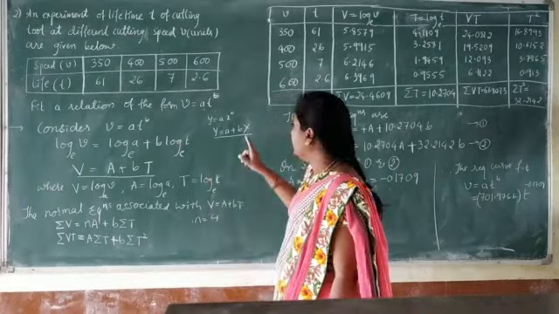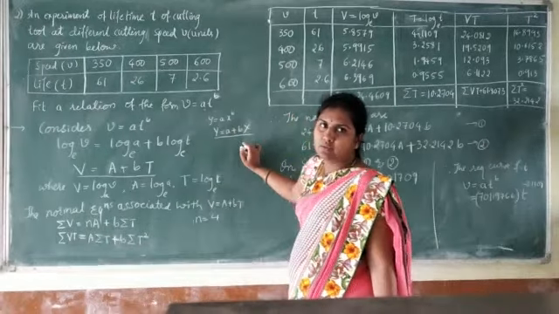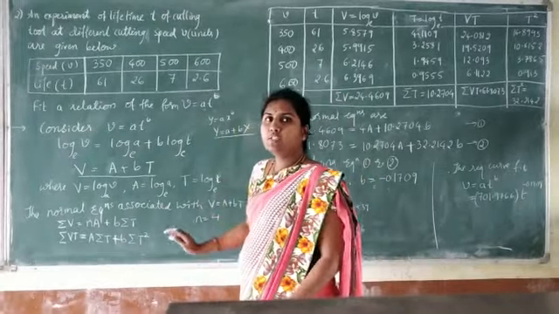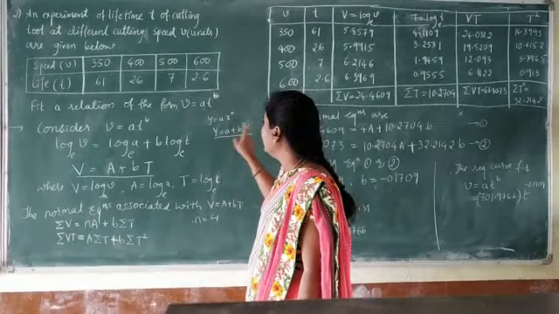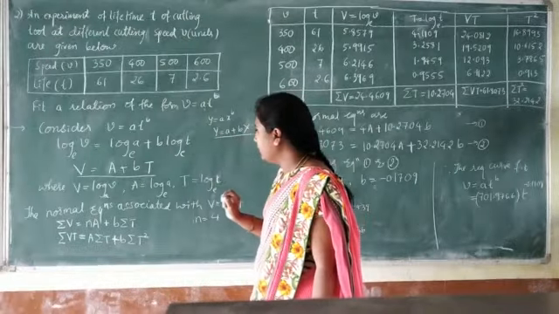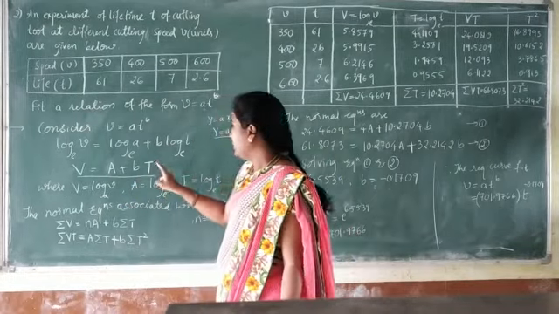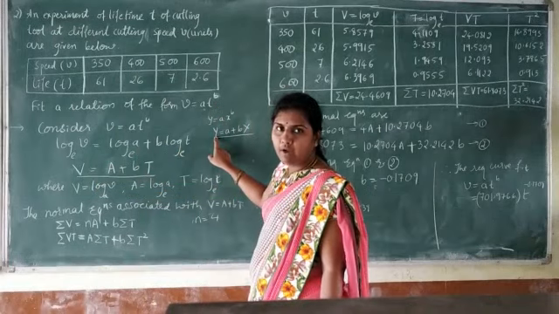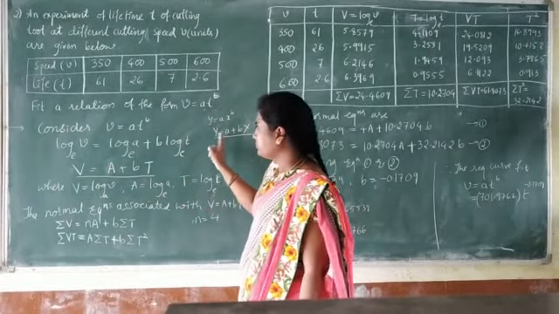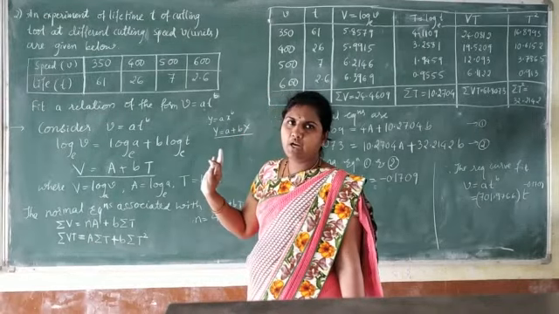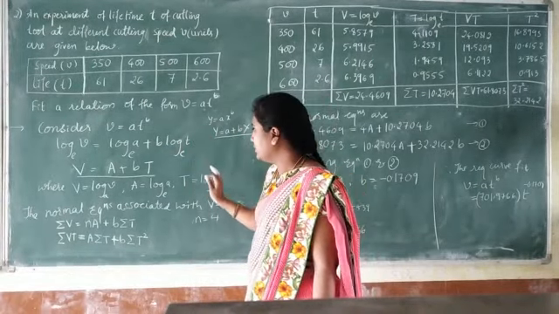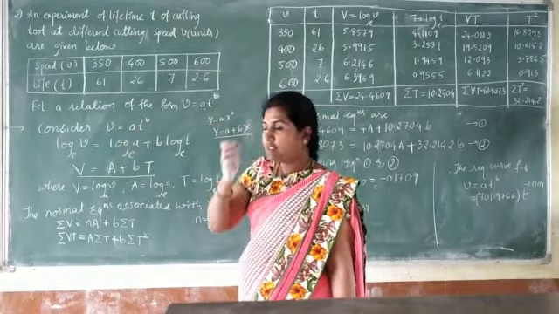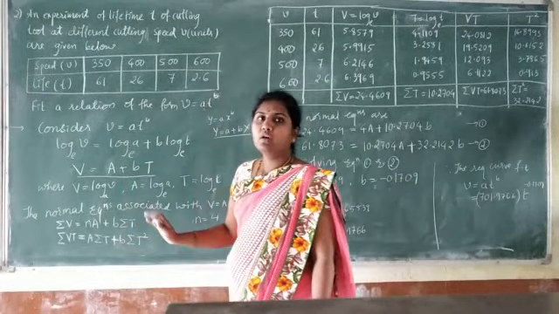Here you need to observe that x and y are the variables. These variables will be the same for the normal equation. You just go on changing the variables. Here in the standard one we have x and y, but here we have v and t. T means what? Here the variable t is the variable of x, v is nothing but the variable of y. Here we need to replace, you need to remember the normal equation, standard equations. In place of x, whatever parameter we have, just go on substituting, and whatever parameter in place of y is there, replace that one.